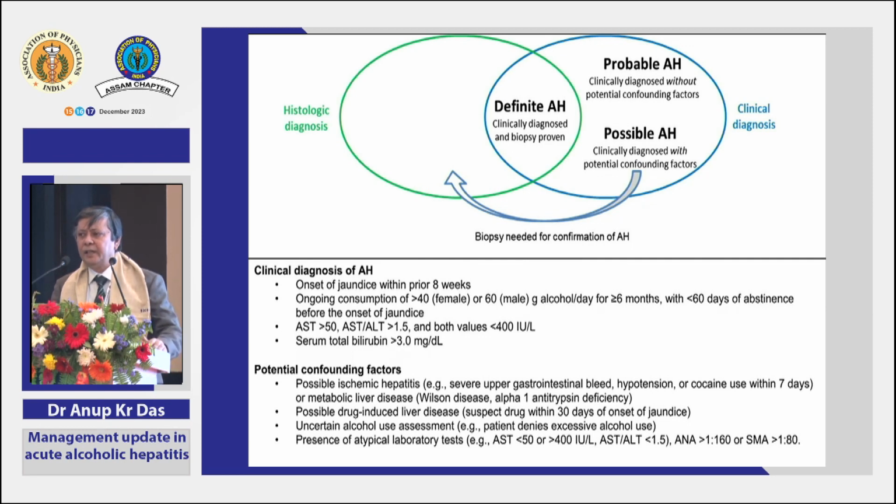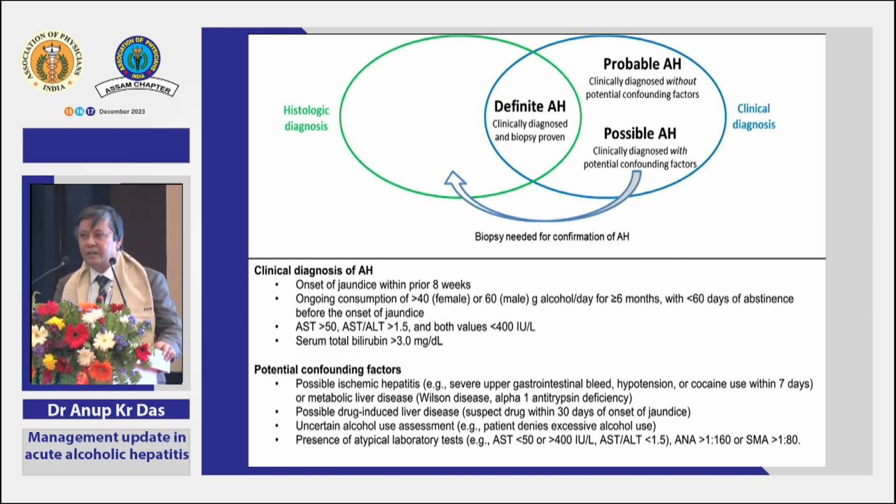Definite alcoholic hepatitis is always diagnosed by liver biopsy. We don't want that. So our diagnosis is usually probable alcoholic hepatitis, which is also accepted. This is a clinical diagnosis without potential confounding factors. In the lowermost paragraph, you find the potential confounding factors, and the clinical diagnosis of alcoholic hepatitis is onset of jaundice